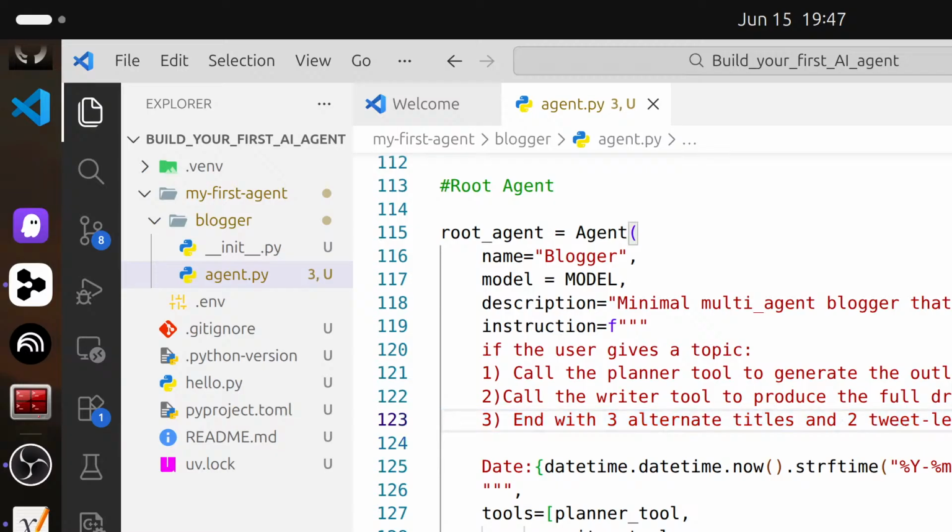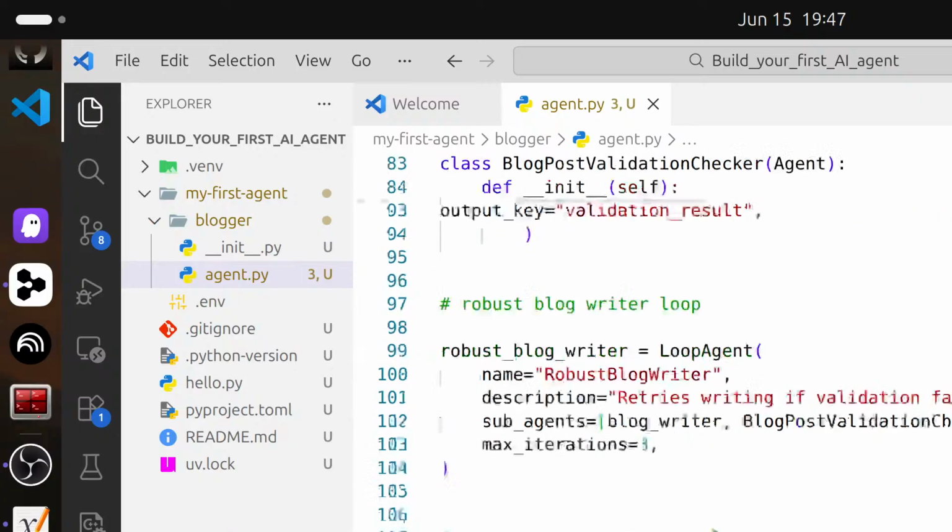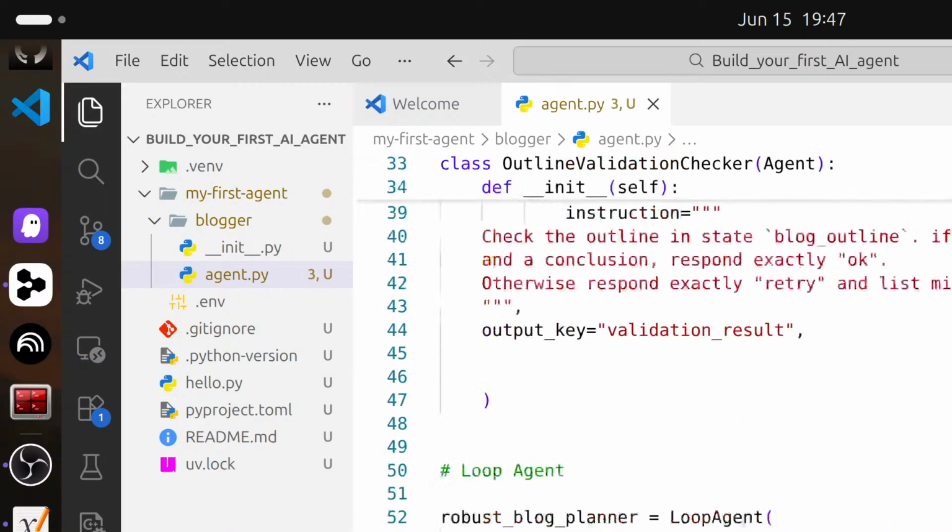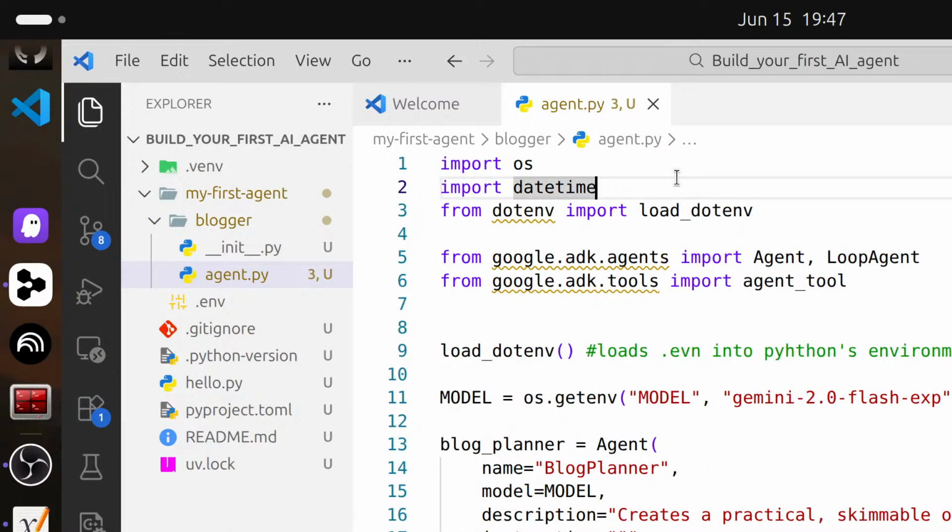So this is the principle of least privilege applied to AI agents: give agents only the capabilities they strictly need for their job, nothing more. So let me go through the code file and tell you one by one. OS for accessing the